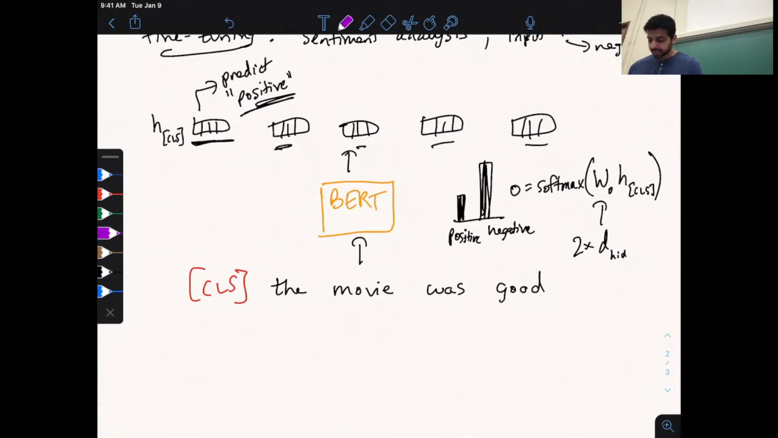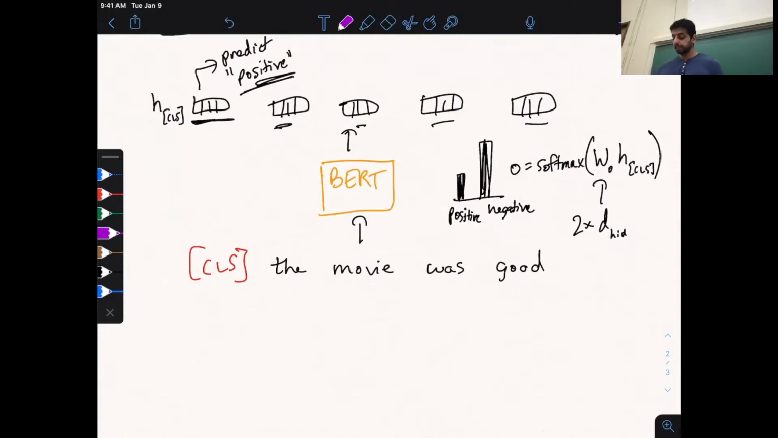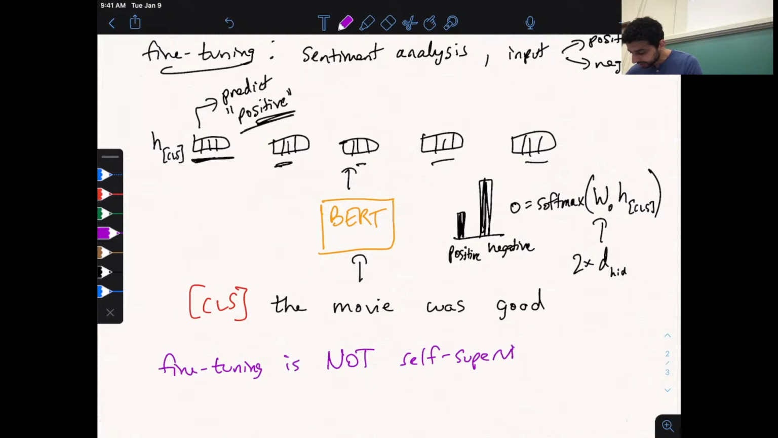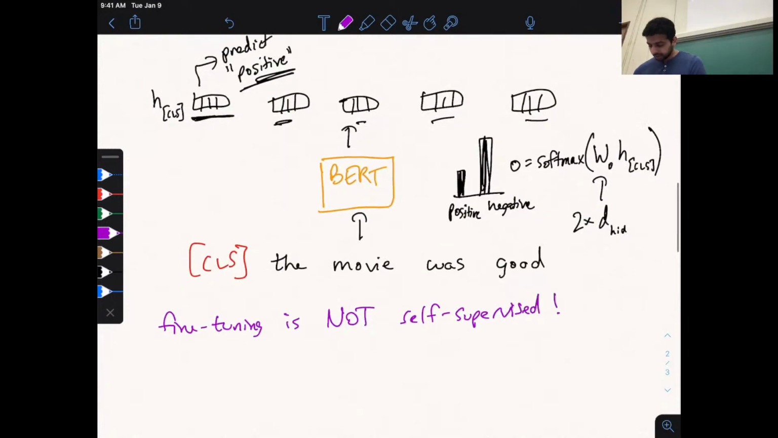So let's also discuss a requirement of fine-tuning. How do I actually do this process? I need some data of the form input sentence, sentiment label, right? So fine-tuning is not self-supervised. It generally requires a human-labeled